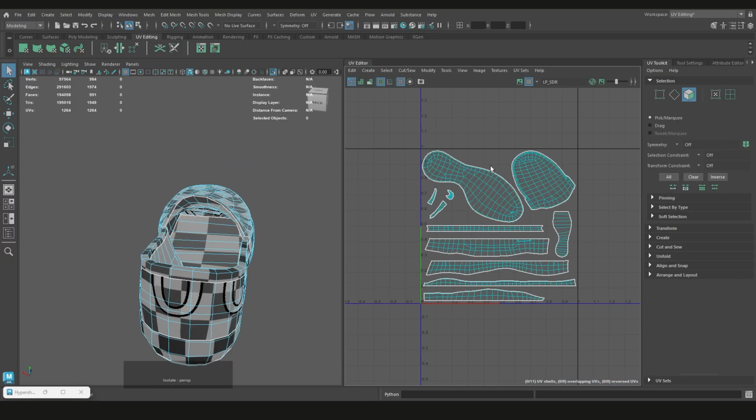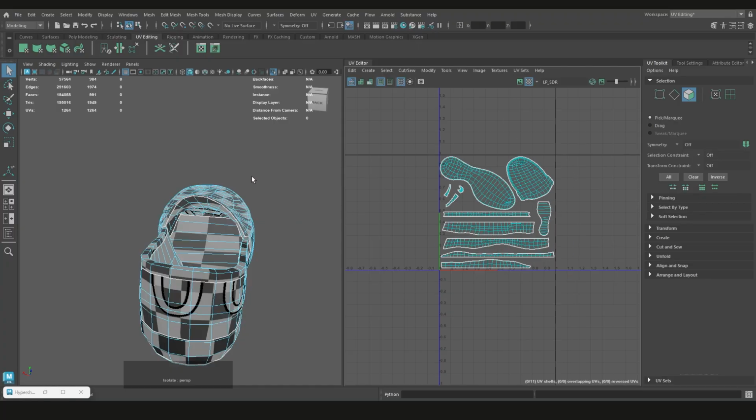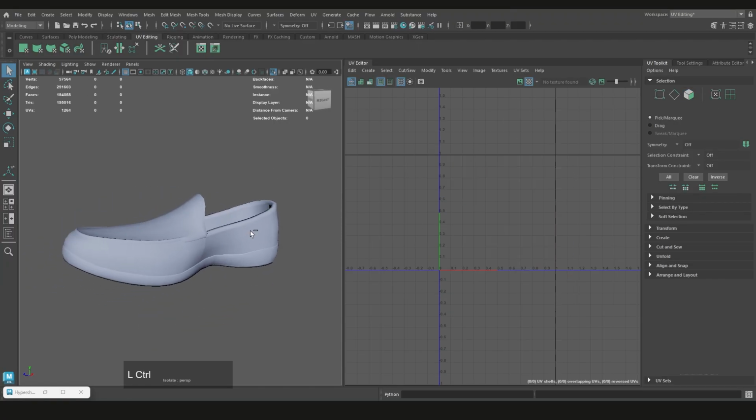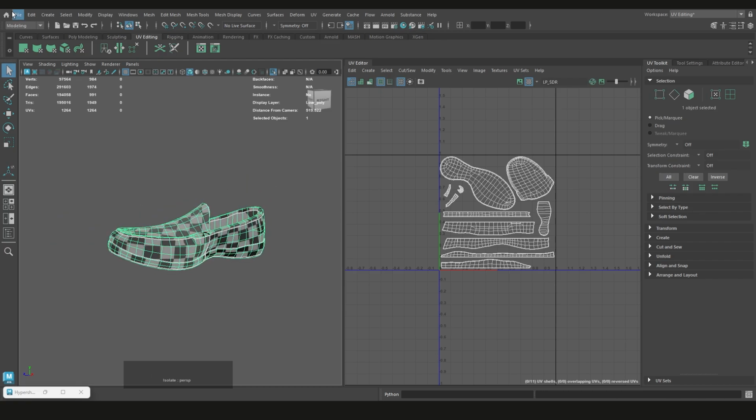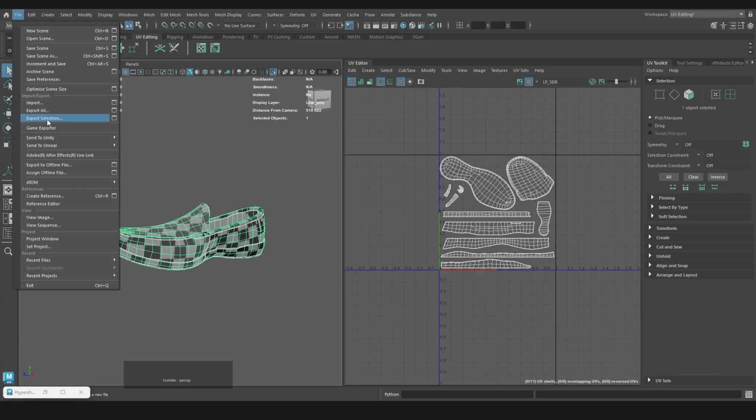Yeah, I think we're good to go on that one. And then you'll export it and then, you know, go back and forth. So that's kind of what you're going to be doing. And let's just do that now as we speak. So File, Export Selection,